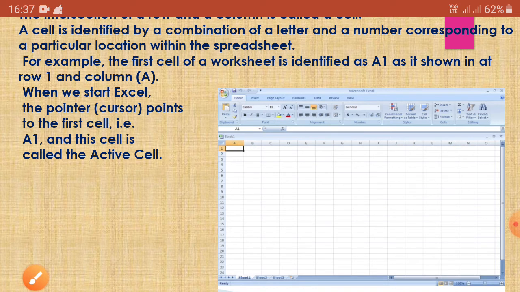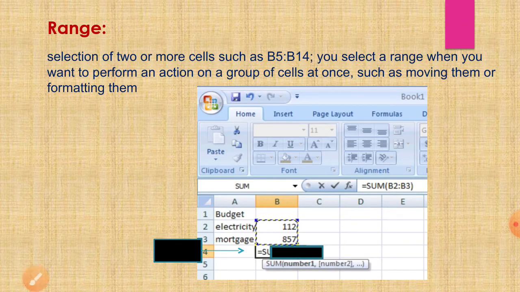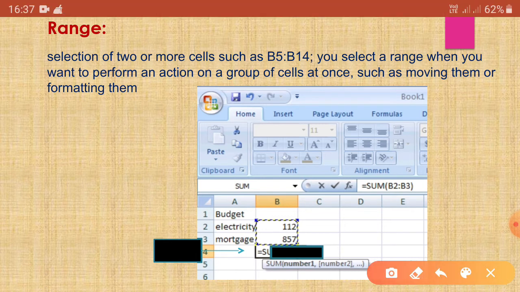Got it? Next slide. Now the term is range. What is a range? Selecting two or more cells is known as a range. Suppose here in this picture we are selecting the B5 cell to the B14 cell, so it looks like a range.